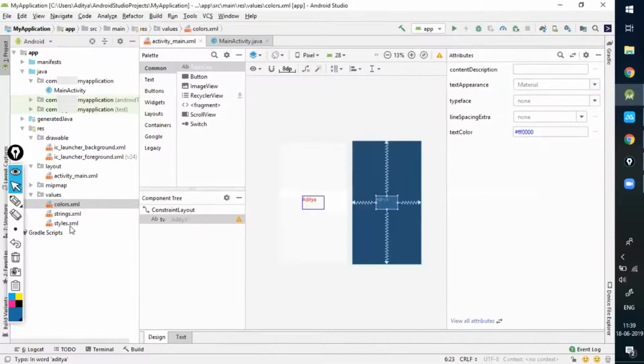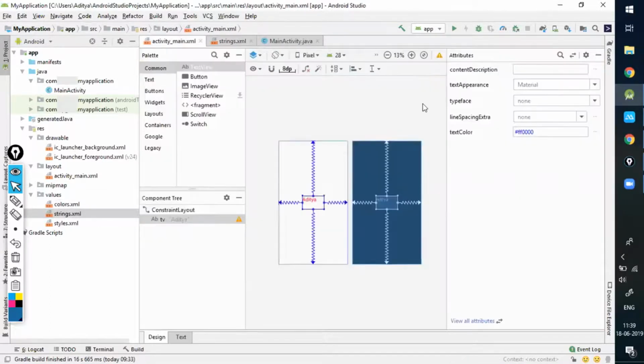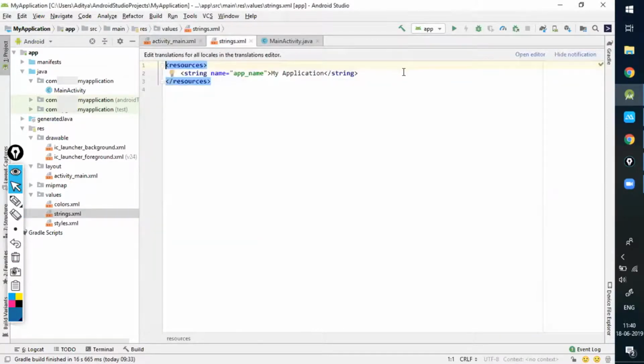So similarly, we have strings.xml and styles.xml. In strings.xml also, we can write the strings. For example, I have written a name as Aditya over here. So I'll make a string entry over here. I'll go to strings.xml, write string, and write name. I'll give this name as my name. You can name this tag anything, but you cannot change this stuff. You cannot write Aditya over here. It will give an error. This is not feasible right now. So string name, my name, and I'll just write Aditya over here. That's it. The string is all set.